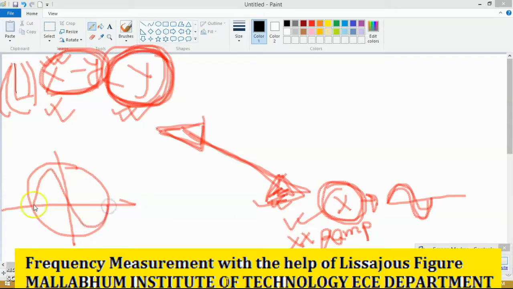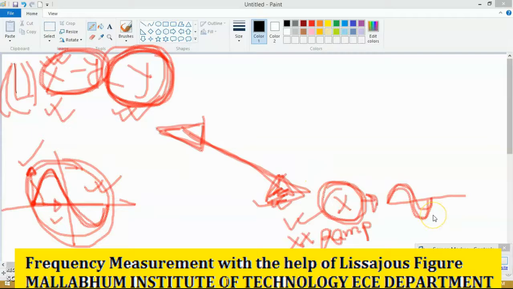So the electron beam is moving under the effect of the vertical amplifier and horizontal amplifier. The horizontal deflecting plate is responsible for moving the beam horizontally, and the vertical deflecting plate is responsible for moving the electron beam vertically. The effect of these two is that the beam moves like that, not actually in that direction. We are applying some voltage here and some voltage here, so the beam moves like that. So this is the CRO, and this is how the waveform is generated at the screen of the CRO.